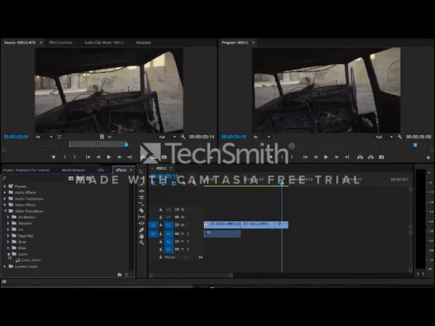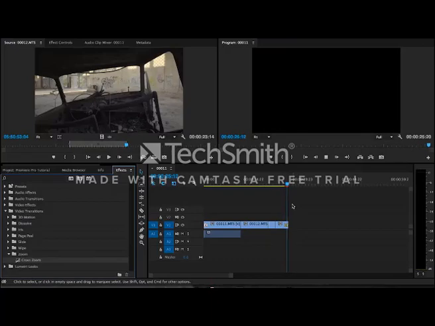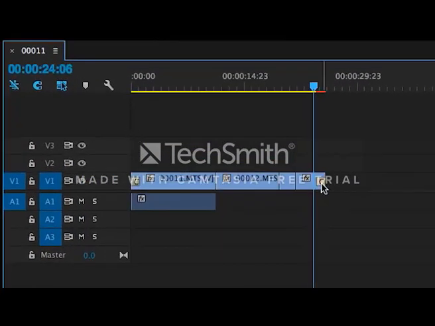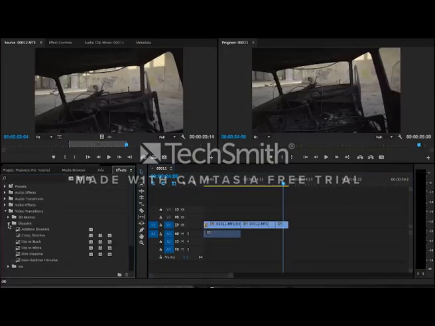find all the transitions that you need, or even other transitions such as this cross zoom. So you can just play around with all of these and see what each of them do. And if you don't like a transition, you can always select that transition and hit delete, and that will make it disappear. So I'm just going to add a cross dissolve to the end here, and you can see that